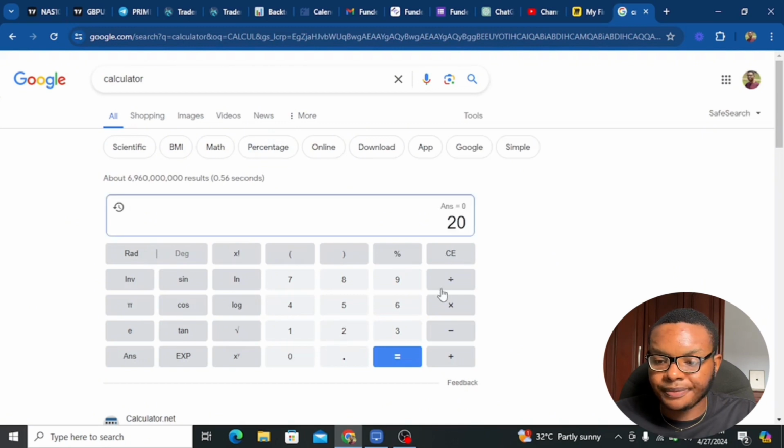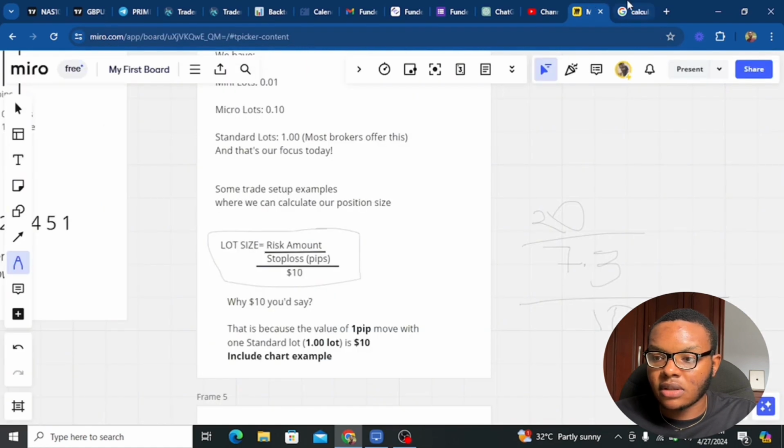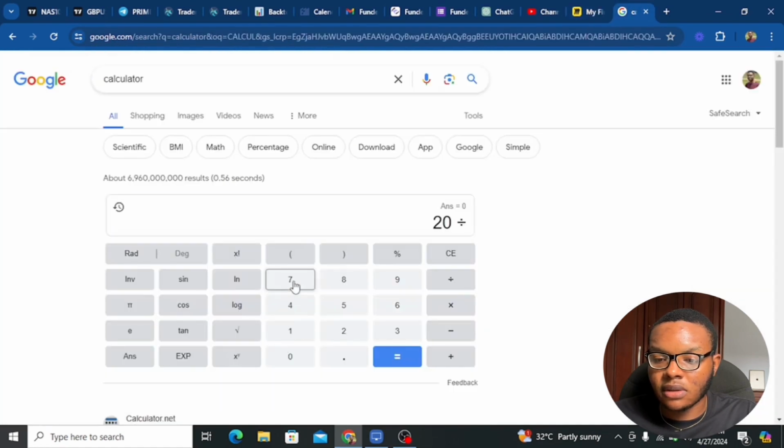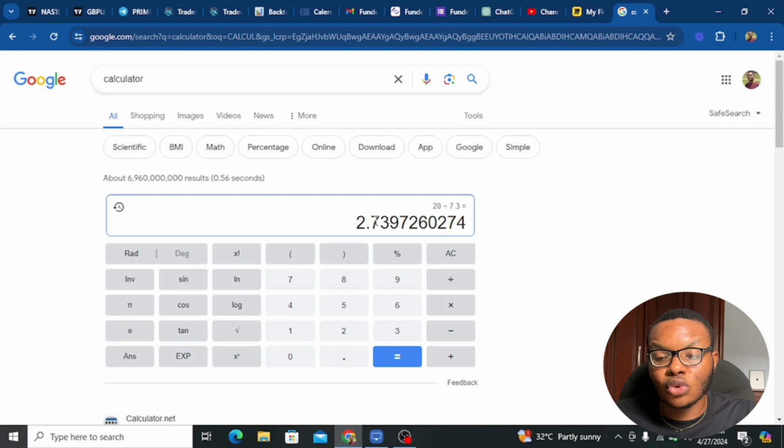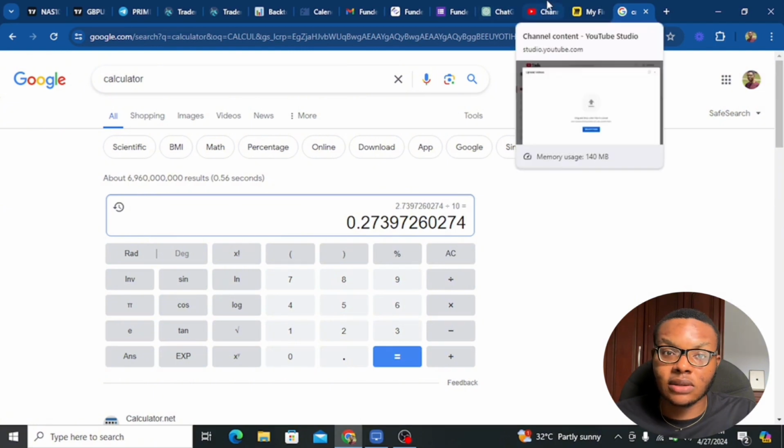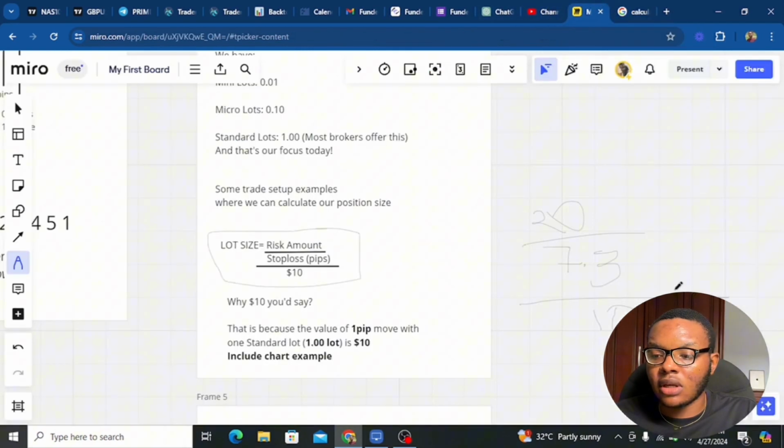So 20 divided by 7.3 gives 2.739. And then we divide that again by 10. So we have 0.273. Since your lot size is a standard lot and it's just 2 decimals,